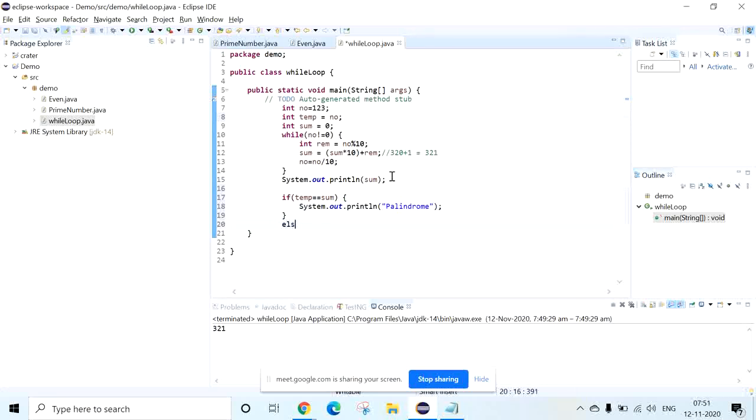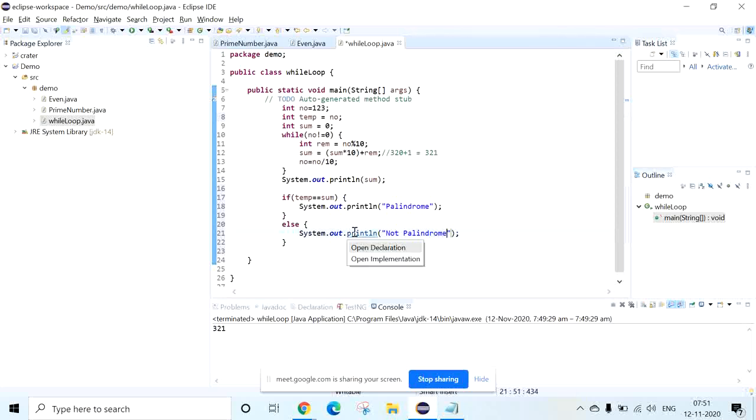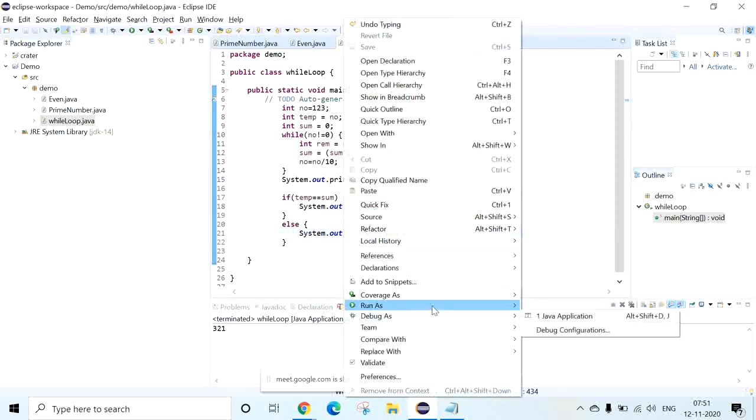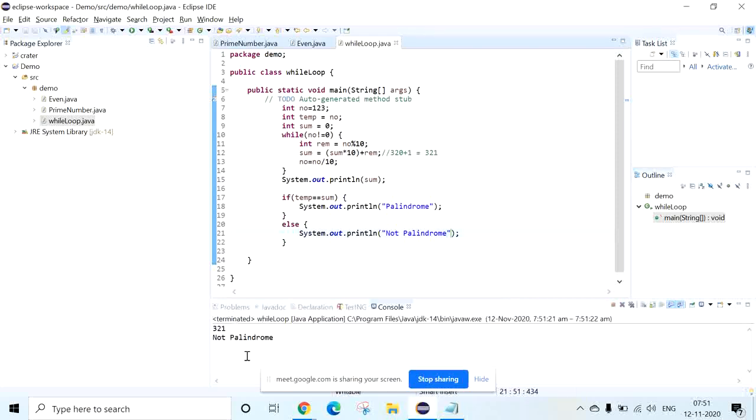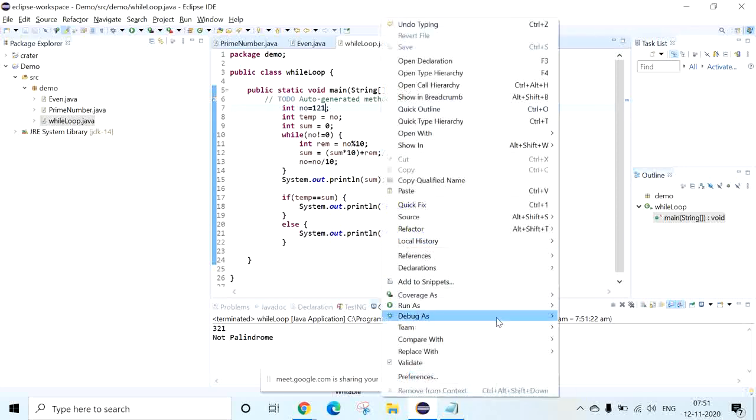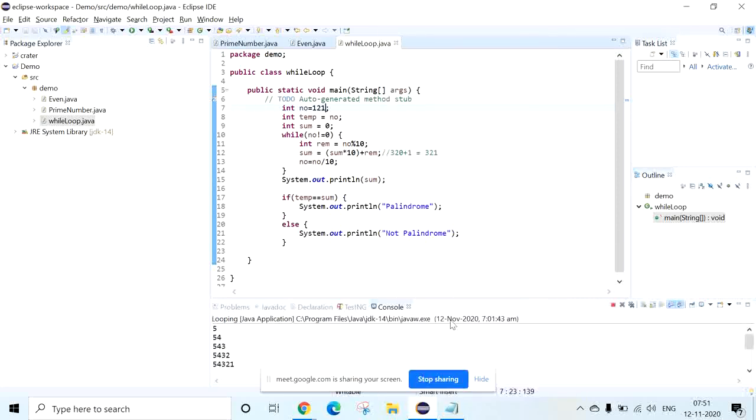Else, the given number is not a palindrome. Now we execute it, and you will get not a palindrome. When you give 1 to 1, it will be a palindrome.